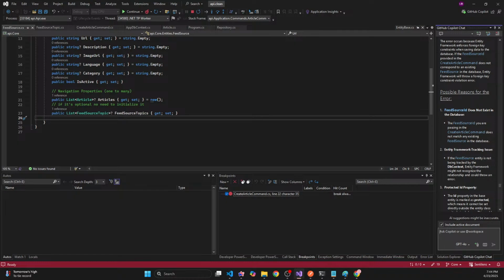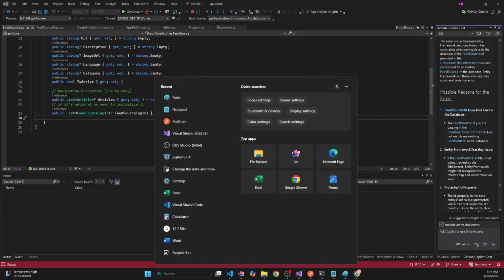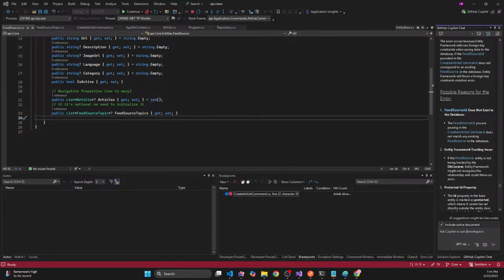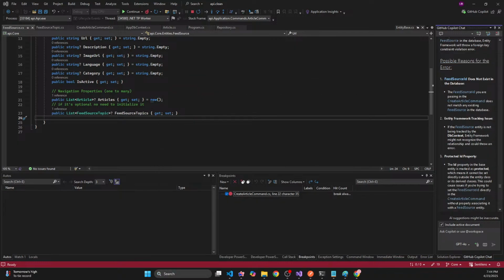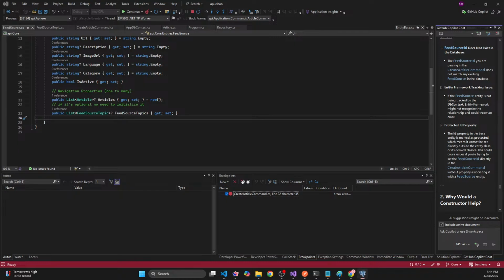What? It does not exist in the database. What do you mean, brother? Protect the ID property. The ID in this base entity is marked as protected, which means it cannot be set directly as an entity class or a class. This could cause an issue. But then again,